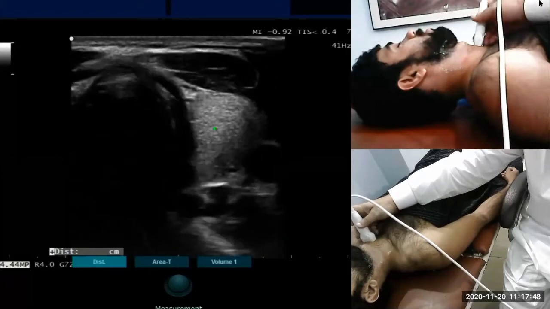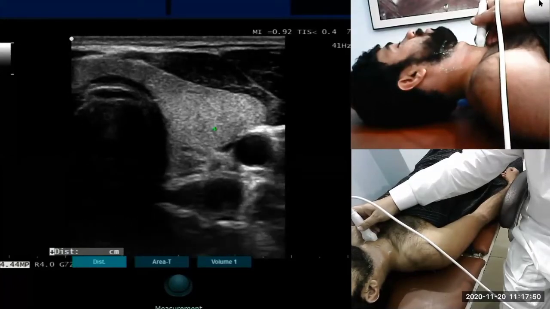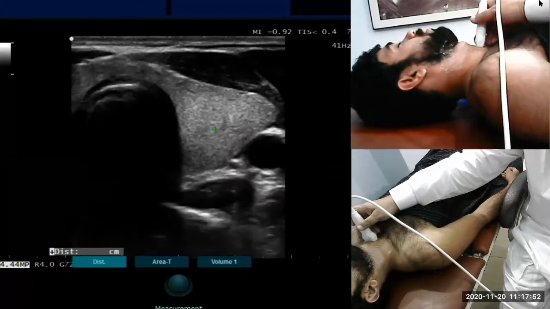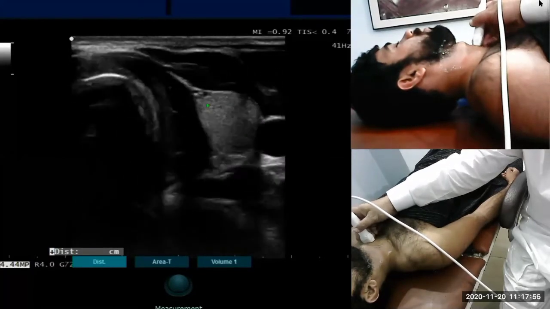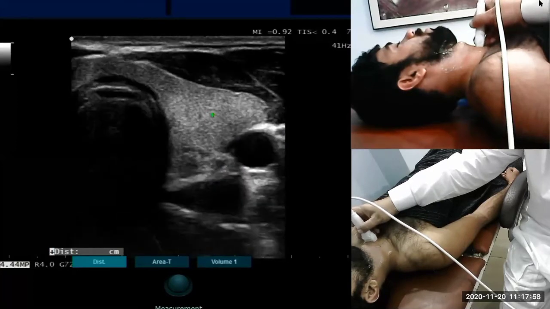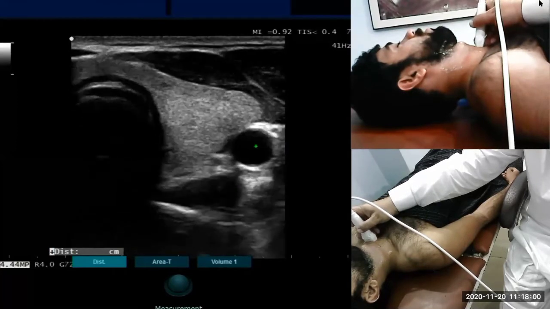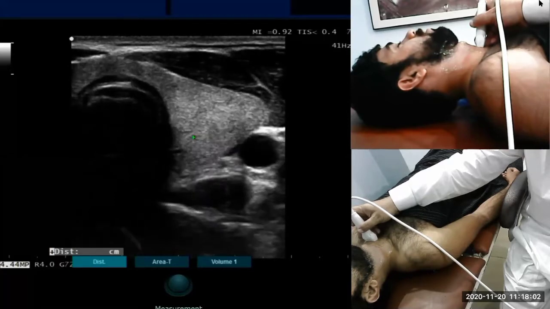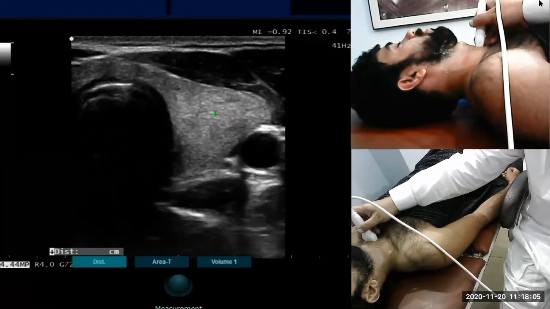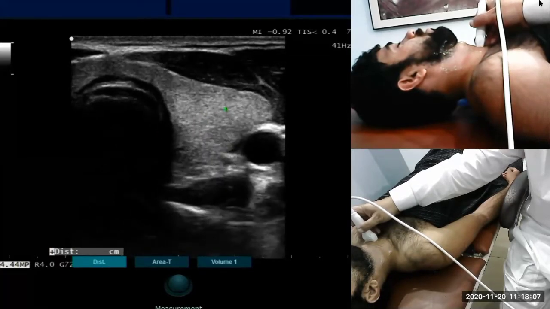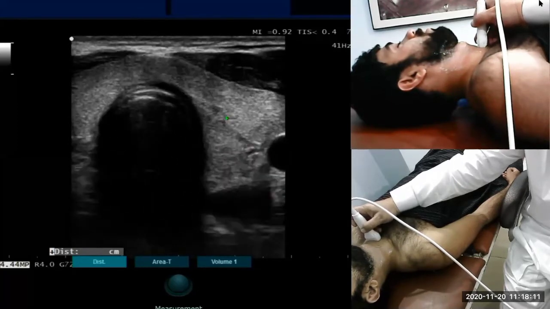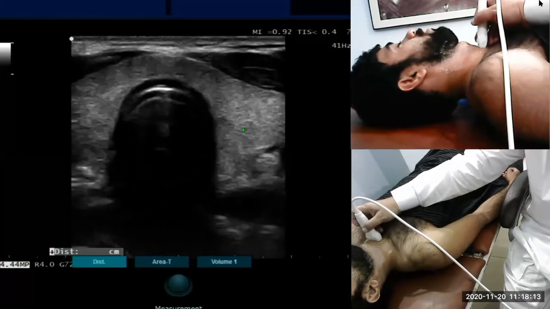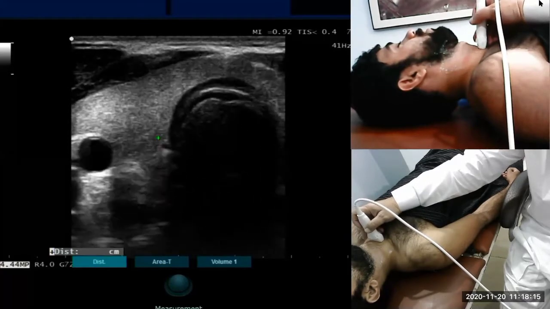This is the one, similar to the brightness of the fatty liver. So between the common carotid and the trachea, we see the thyroid gland. And the two lobes, the left and the right lobe,